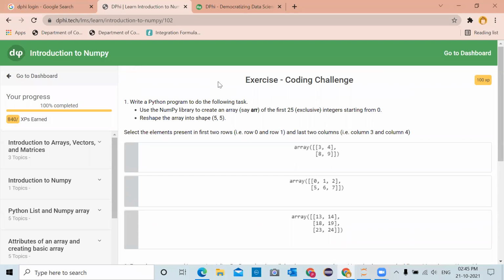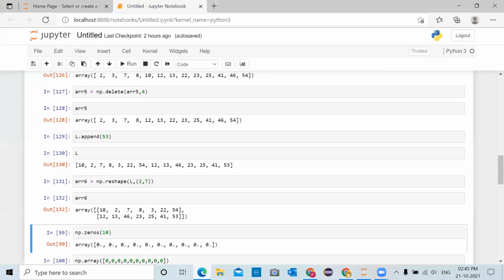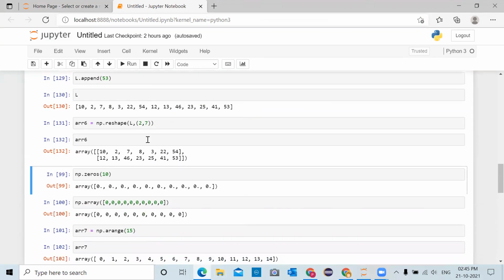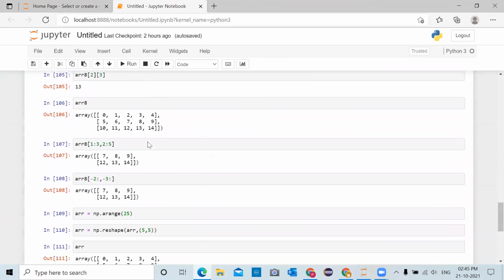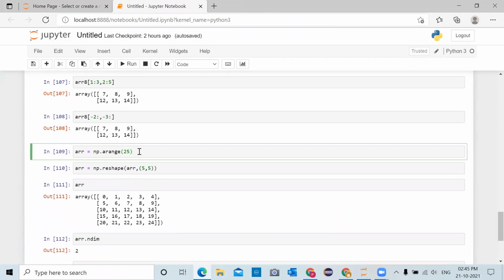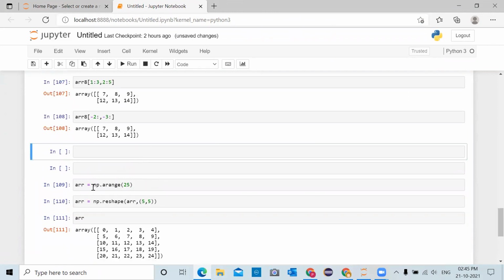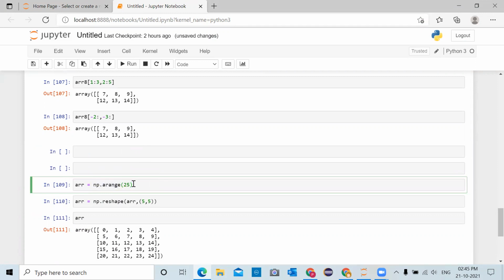So moving to Jupyter Notebook, doing the same thing. What we are creating, here is the answer. You are using the np.arange function, which will create integers from 0 to 24 with a step size of 1, because the stop is given as 25. So the array is created. Now we have to reshape the array. So what is the function? np.reshape arr 5, 5. So 0 to 24, 25 elements. So it can be reshaped as a 5 by 5 matrix.